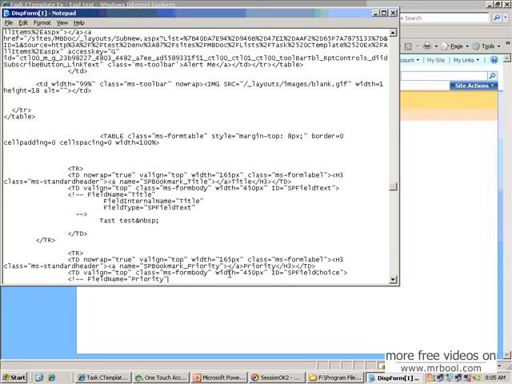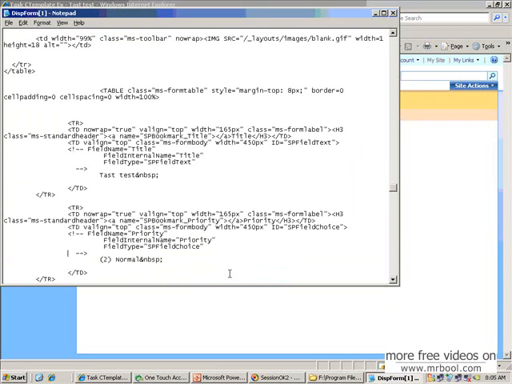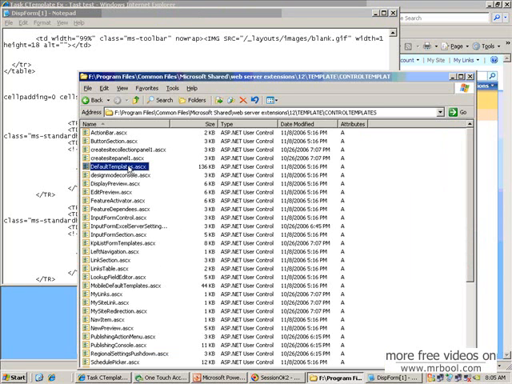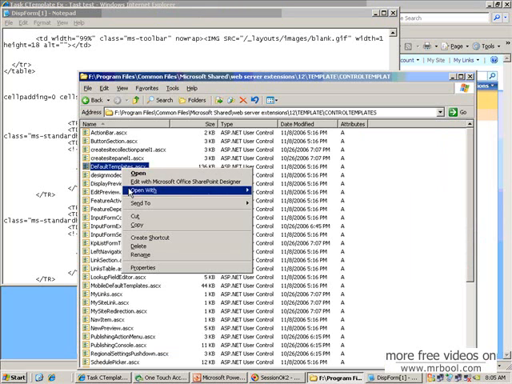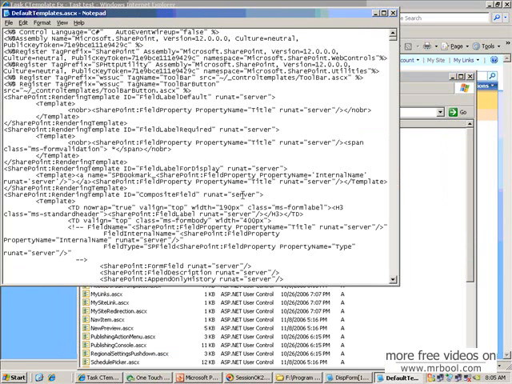Okay, this is a field name priority, and you can see here it is using MS form body. So if I go for searching this in the control template default template folder, I should have this one. If I see in the form composite field, and it is a composite field because there is one label and one input field, so if you see here, you will see MS form body. So this is the existence. So if I